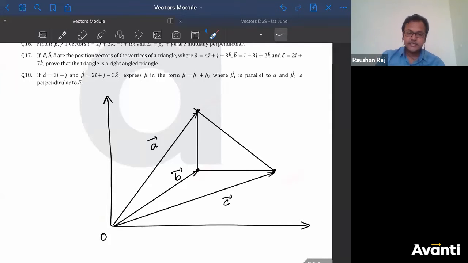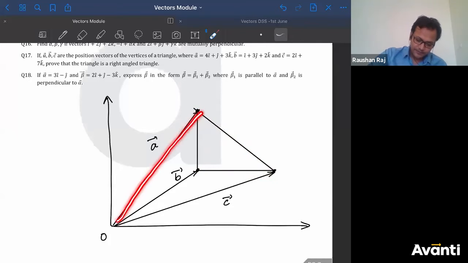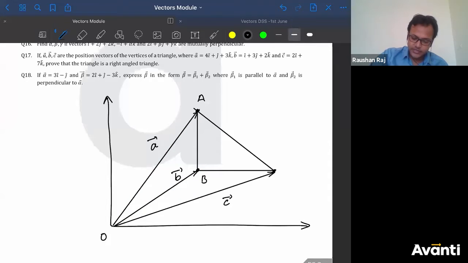Since this is a right angle triangle, can I say any two of the lines must make 90 degrees with each other, right? Now, if I ask you to find the sides of this triangle, how will you find that? If I name this point capital A, this B, this C, and I ask you to find vector AB, how will you get vector AB? कैसे पता करोगे बच्चा लोग?